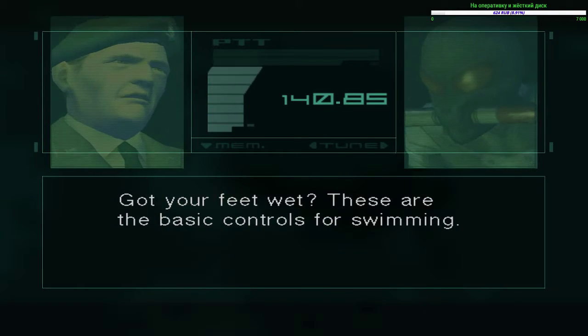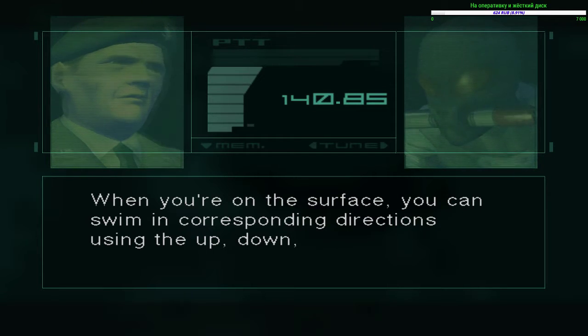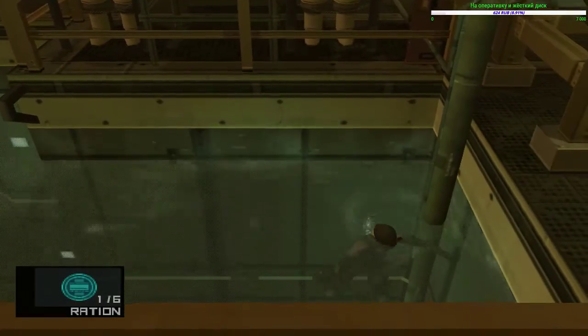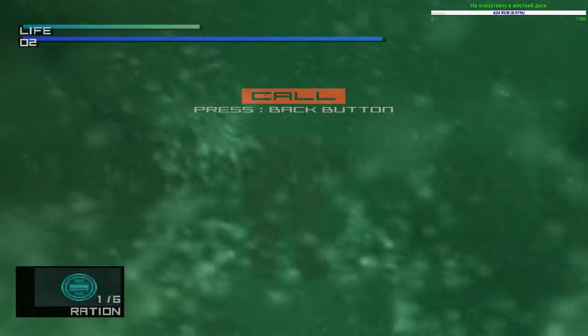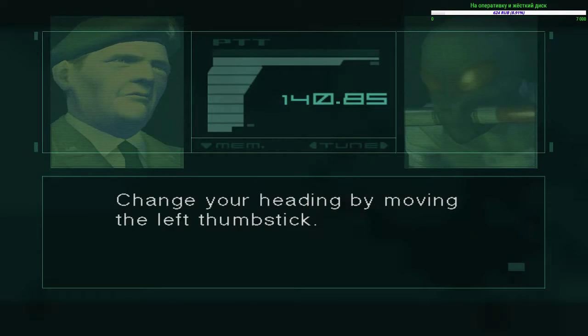Got your feet wet? These are the basic controls for swimming. When you're on the surface, you can swim in correspond. Stroke the water and